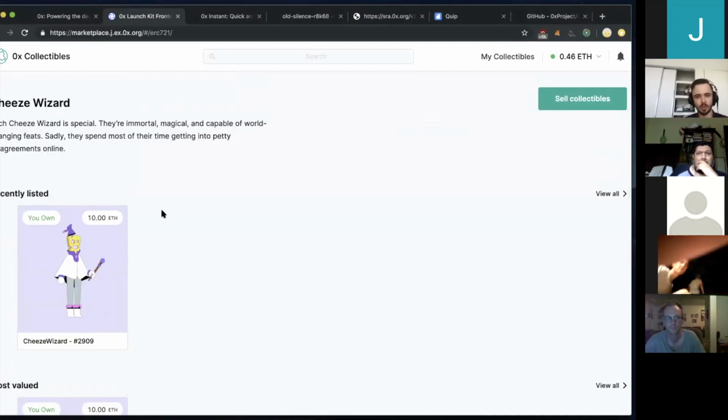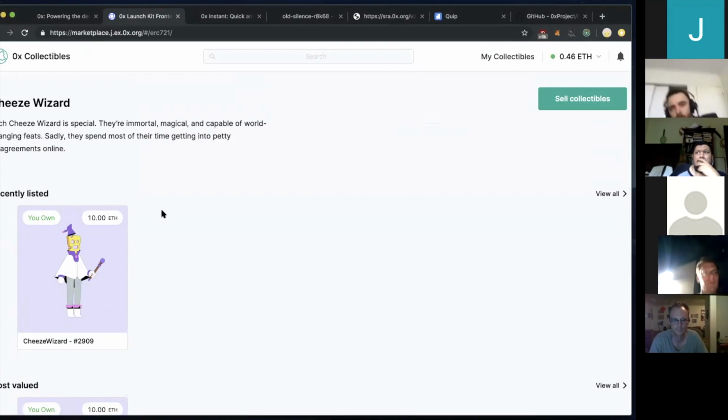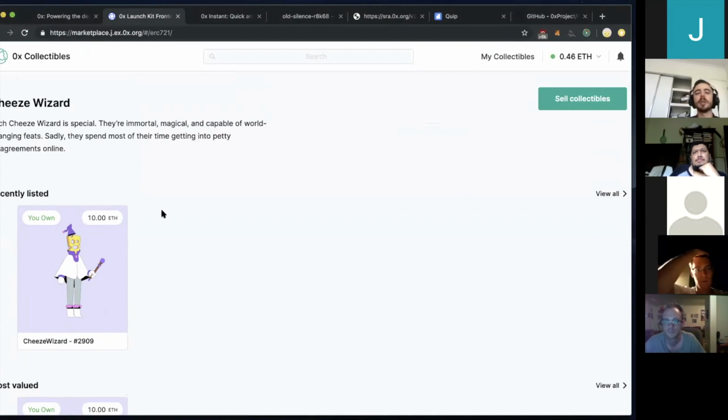Now, one super interesting thing that we've been working on at 0x is the ability to share orders around. So if my marketplace has an order, it will automatically appear on all the other marketplaces that are built on 0x. So to kind of give a demonstration of that,